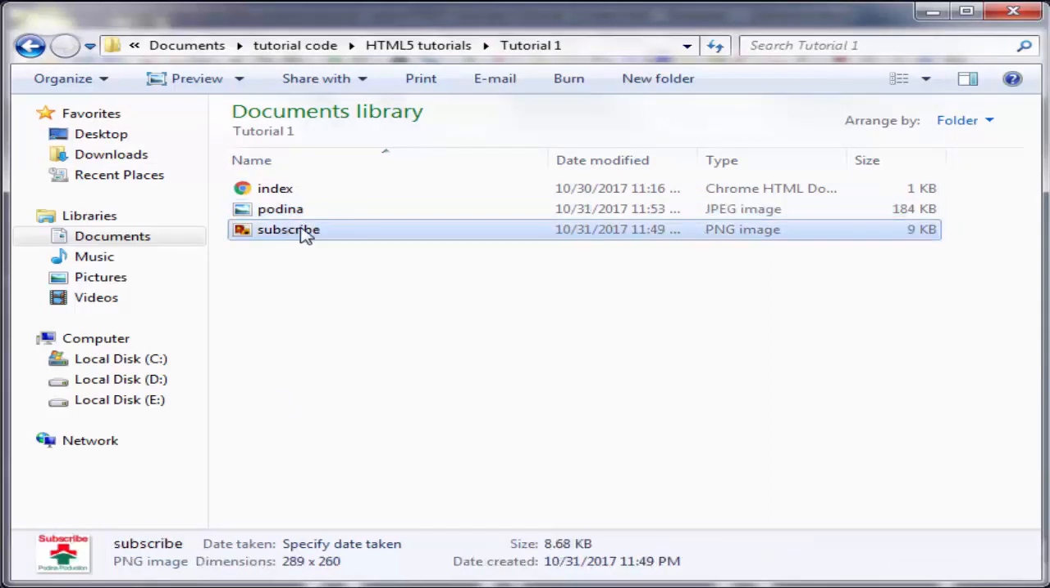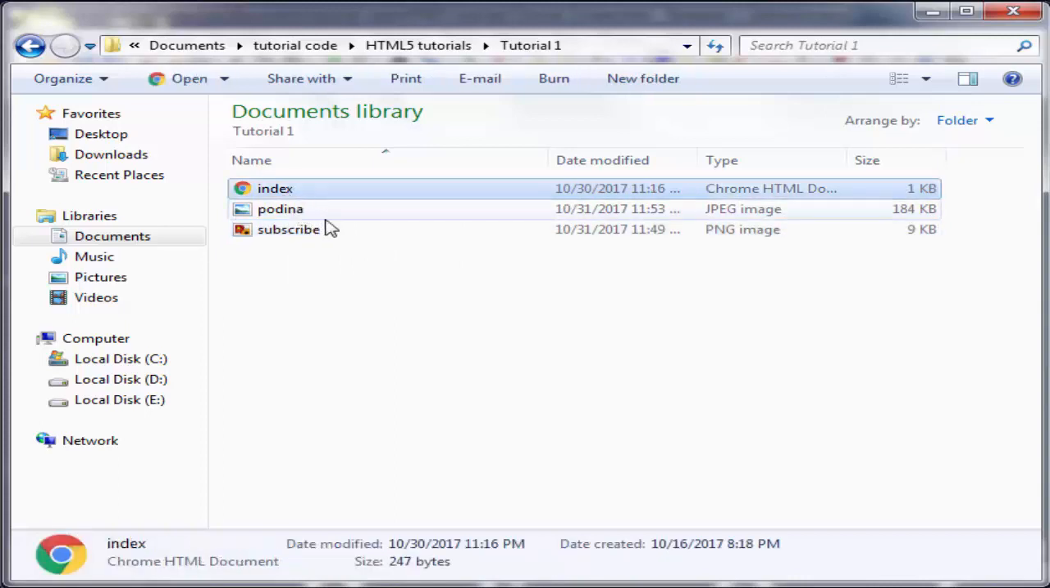Now, I'm going to keep these images in the same folder or the same directory as my index.html file, and basically this is just going to allow, whenever I want to add an image, all I need to know is the image name. If you guys want to be able to keep your pictures in a different folder,